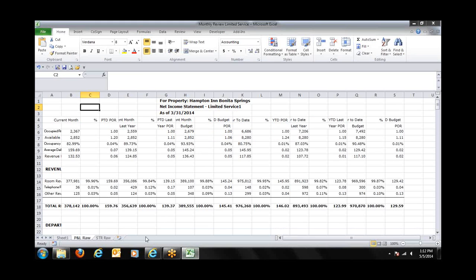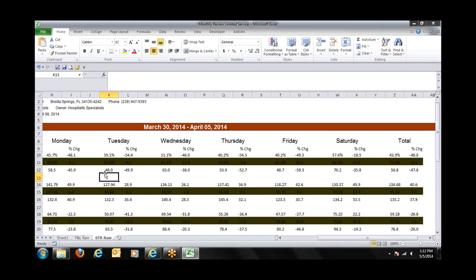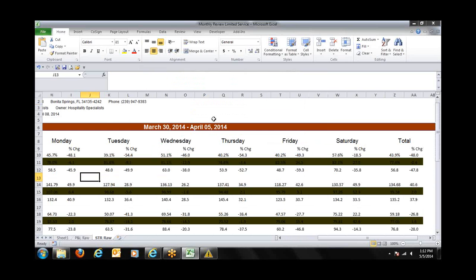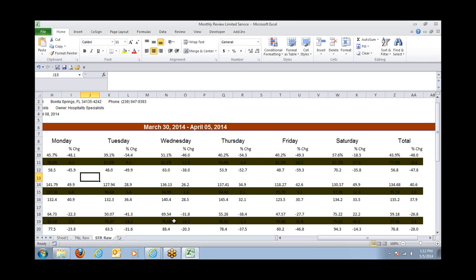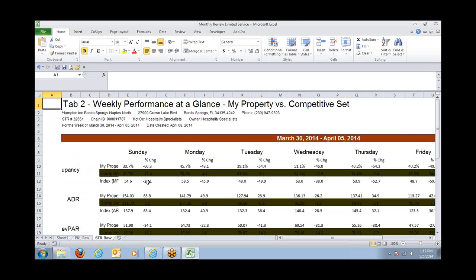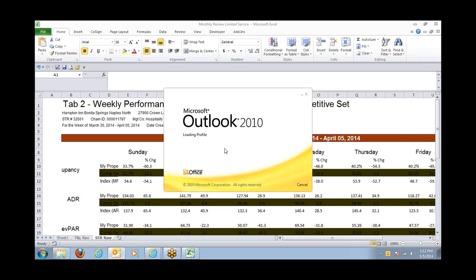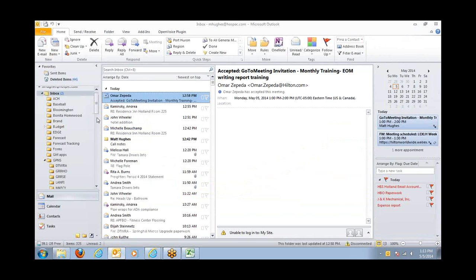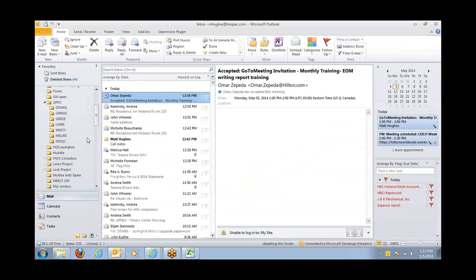Well, let me show you while we're working on getting Acknowledge. Let's look at the Star tab. The Star tab is nothing more than just the Star report. So when you get your Star report, and you know which one we're using, all you've got to do, let me grab a Star report, is